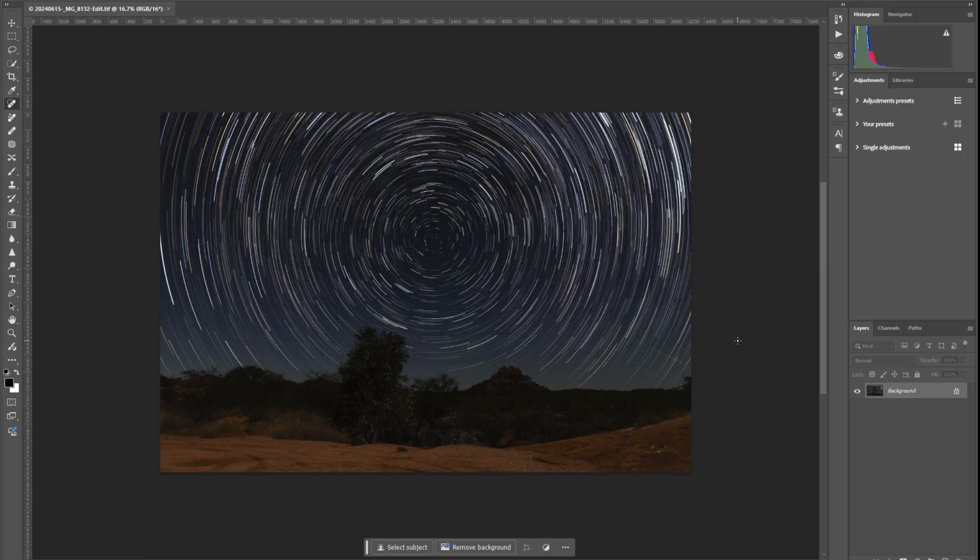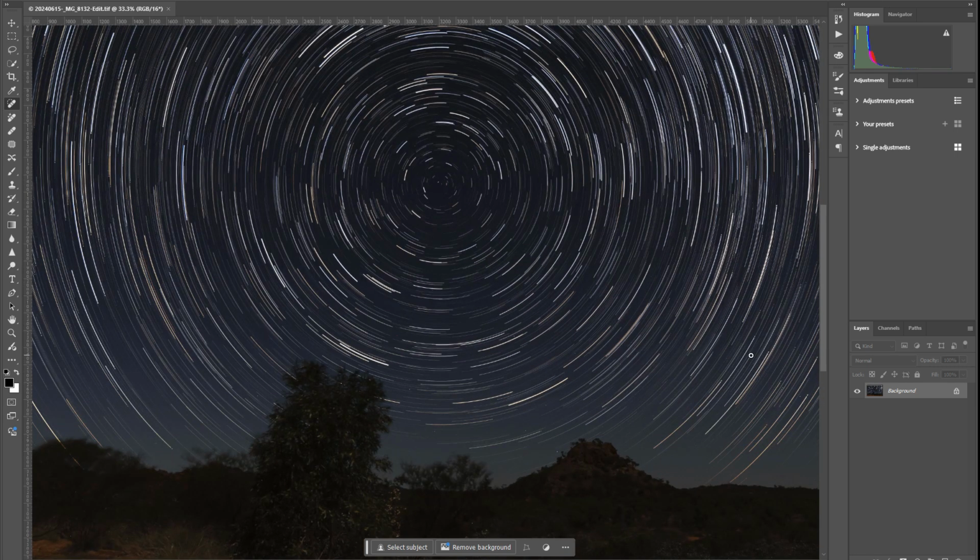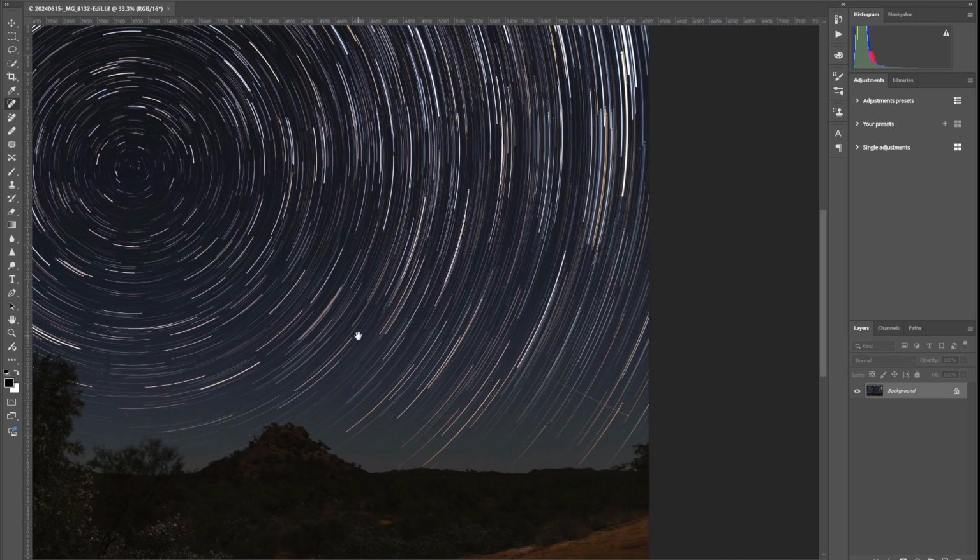So here we are in Photoshop with our star trail file that we've just brought back over into Photoshop. So you can see there our file size is quite small this time, which is what we saved before by flattening all the layers. So what we want to do now is just get rid of this little trail here in the bottom right hand corner. So we'll just zoom in a bit, Control plus, and then you can just hop down there. You can move the image across just so we get a better view of that